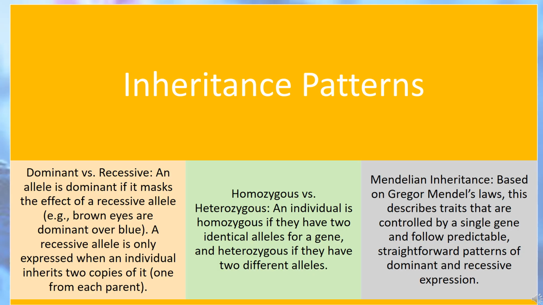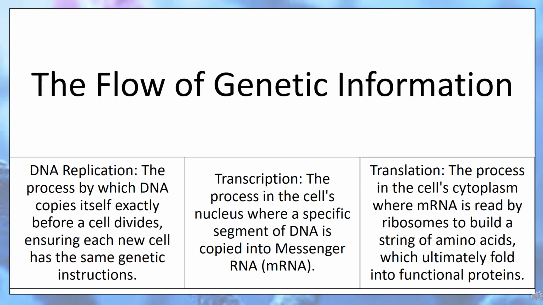Based on Gregor Mendel's laws, this describes traits that are controlled by a single gene and follow predictable, straightforward patterns of dominant and recessive expression. The flow of genetic information. DNA replication, the process by which DNA copies itself exactly before a cell divides, ensuring each new cell has the same genetic instructions. Transcription, the process in the cell's nucleus where a specific segment of DNA is copied into messenger